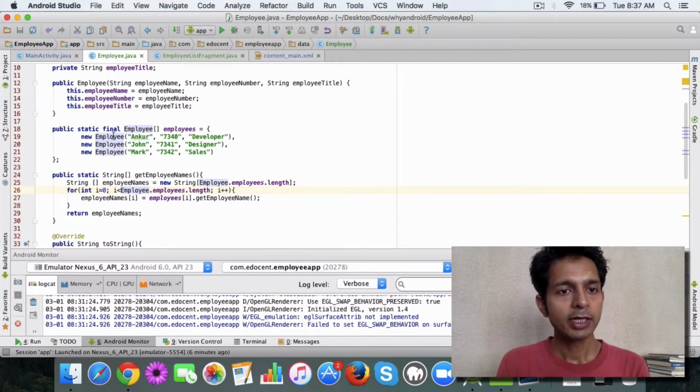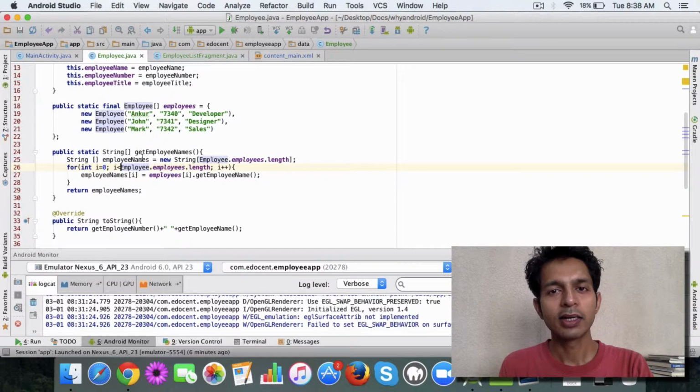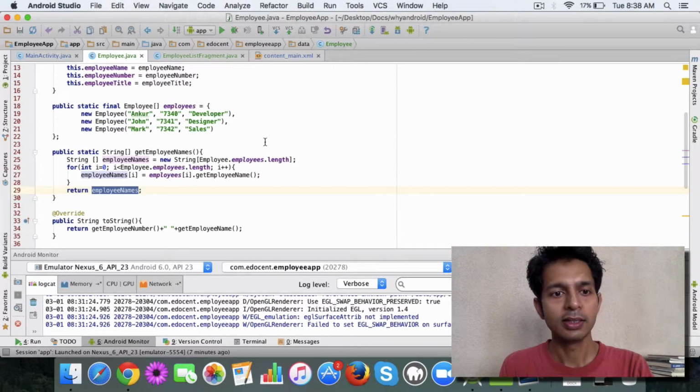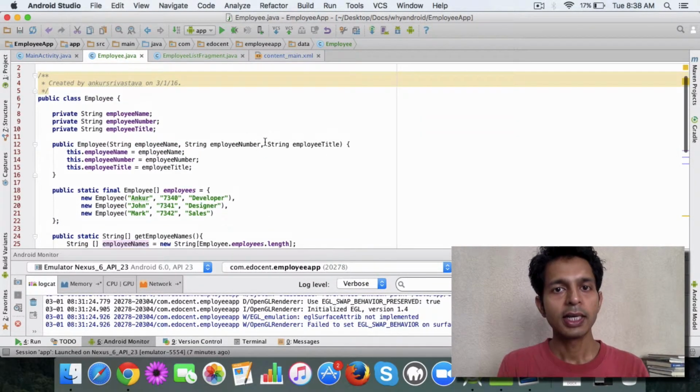The next part is I've created this array, and as of now it has three employee objects in it with all the field names. So it has employee name, employee number, and the title. I've created some random stuff here, and then I've created another method, a convenience method, get employee names, and that returns us an array of employee names, which will be Ankur, John, and Mark in this case. That's pretty much it. This is our class, and this will give us the data to display in our list